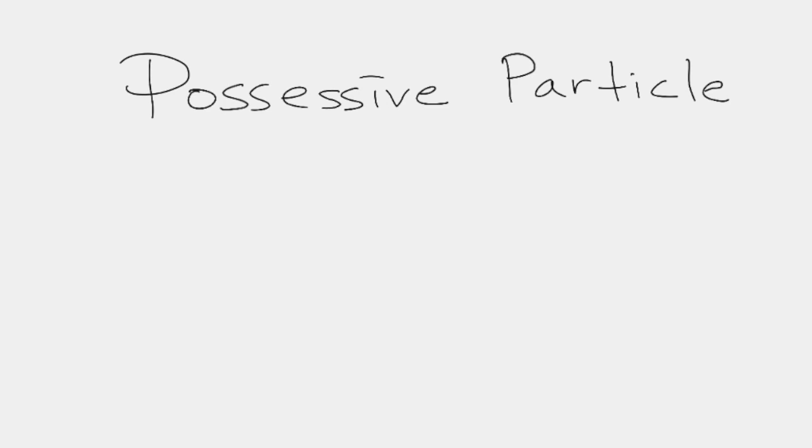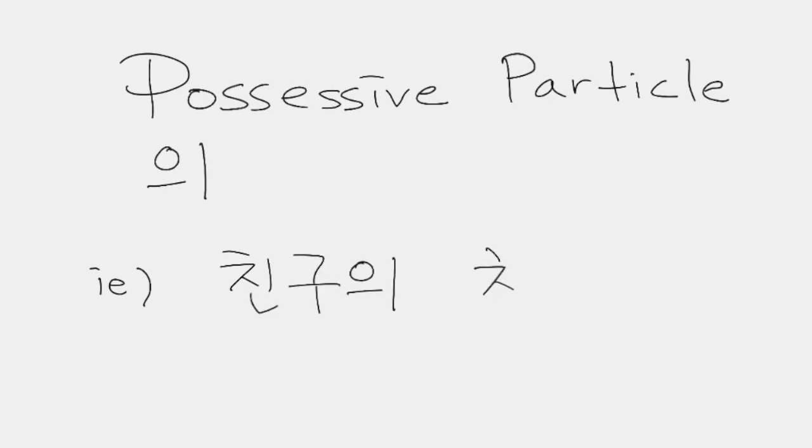Possessive particle, this, we call it 의. But when 의 is used as a possessive, like for instance, my friend's car, okay? So that would be 친구의 차. So that's, again, my implied, okay? So friend's